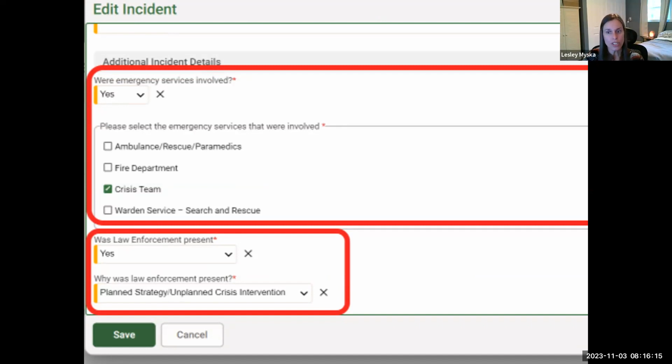In addition to emergency services, we will also capture whether law enforcement was present. If yes, then you'll be required to answer the question of why law enforcement was present. There is a set of standard responses here. I've selected planned strategy, unplanned crisis intervention. There's also an option of none of the above if none of the standard responses apply.